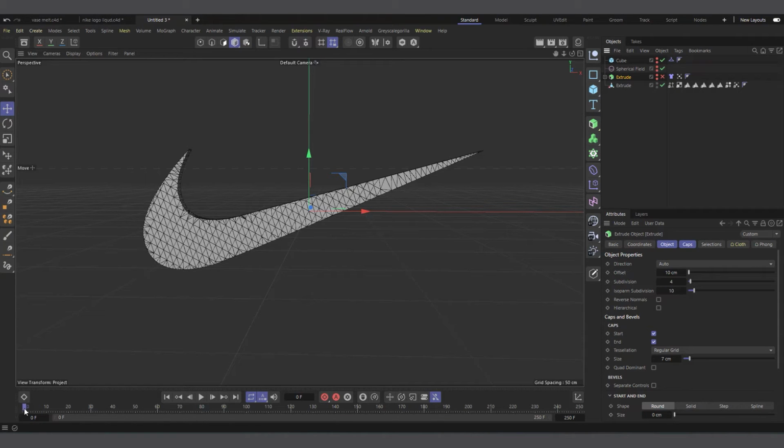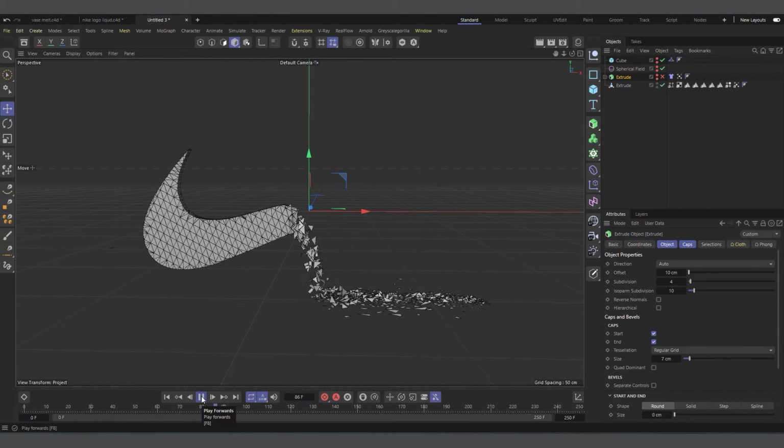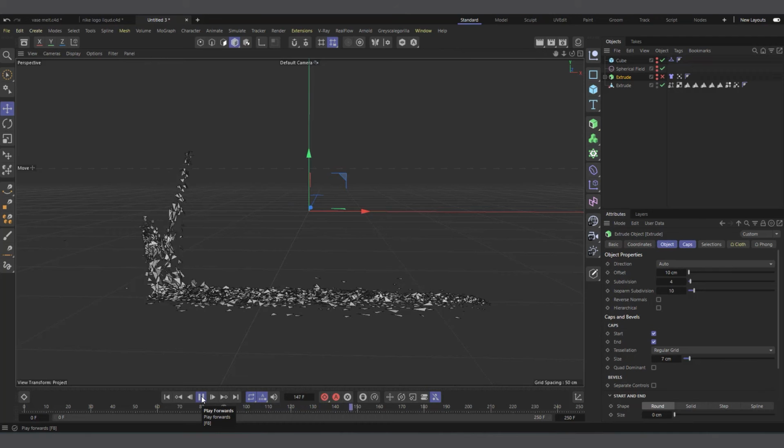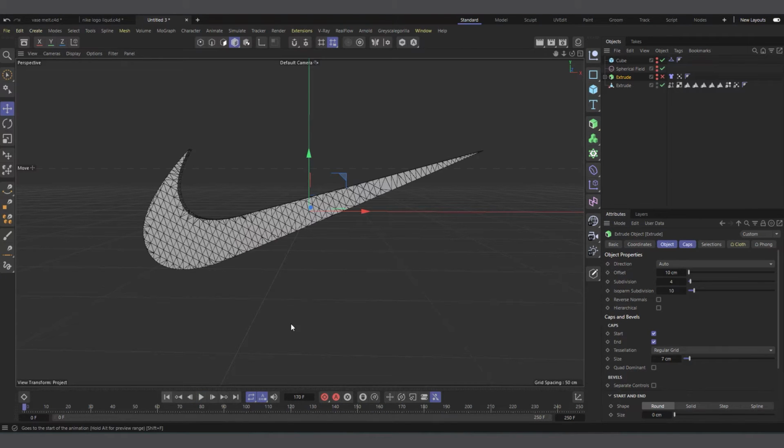And now if you scrub through, as seen, you can see this is what we have, right? So this is what you are going to use to control the liquid that's falling, all right? And which is fine. So there are two ways you can go about it. I can simply come in here into my